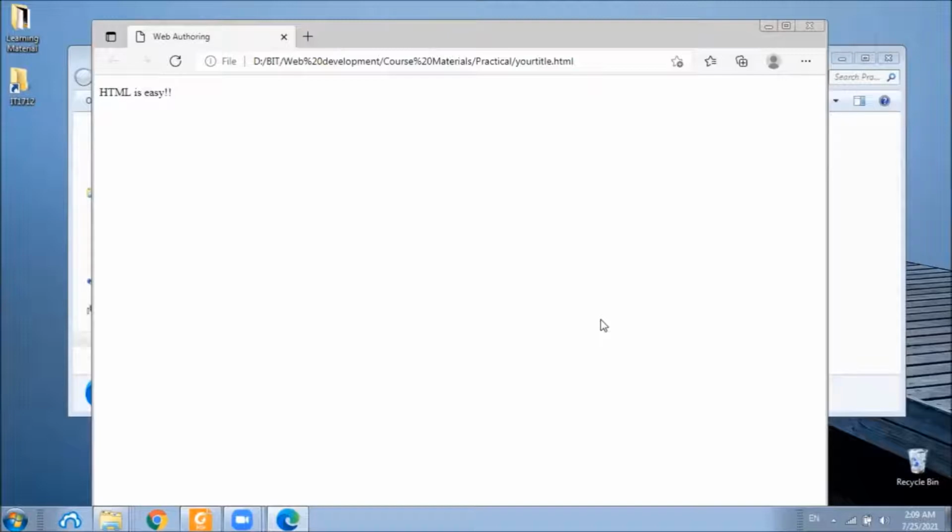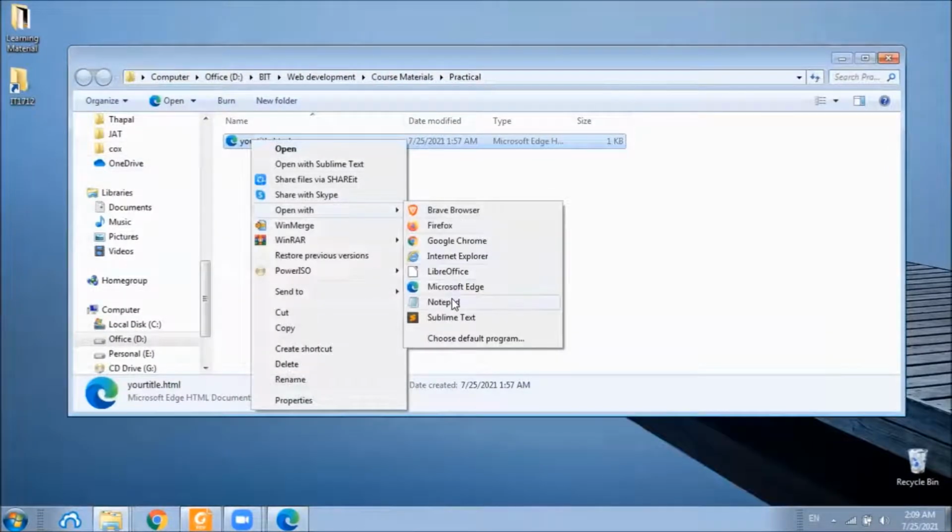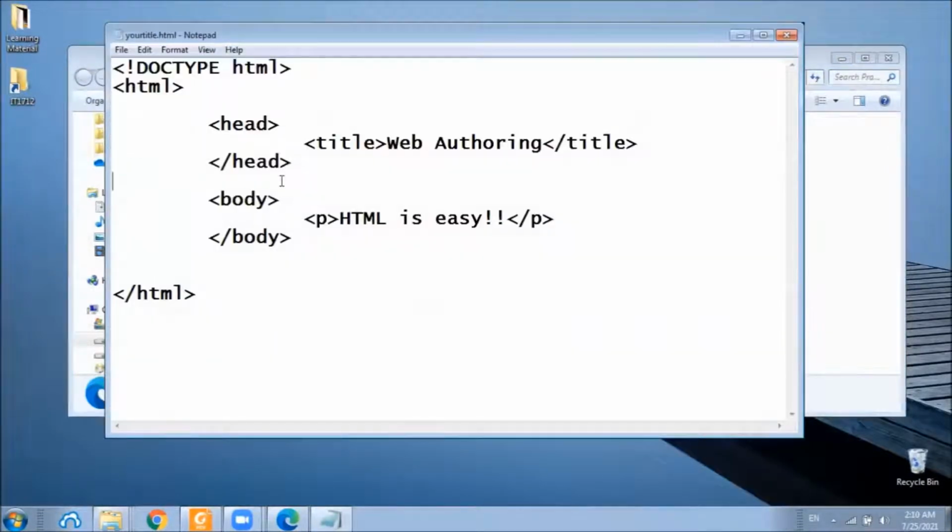As a start, I will open this document using the Notepad program that we used before, and I'll be adding heading tags under this paragraph. In HTML, the headings are defined by the letter H followed by a number.